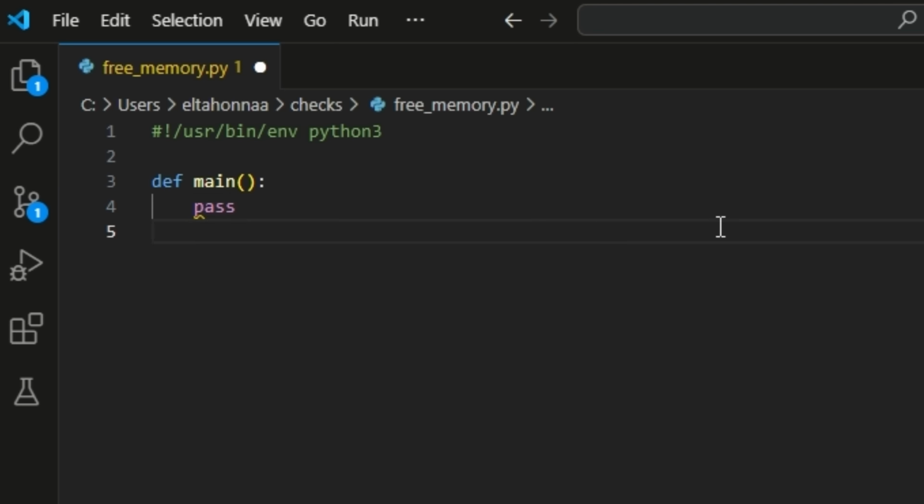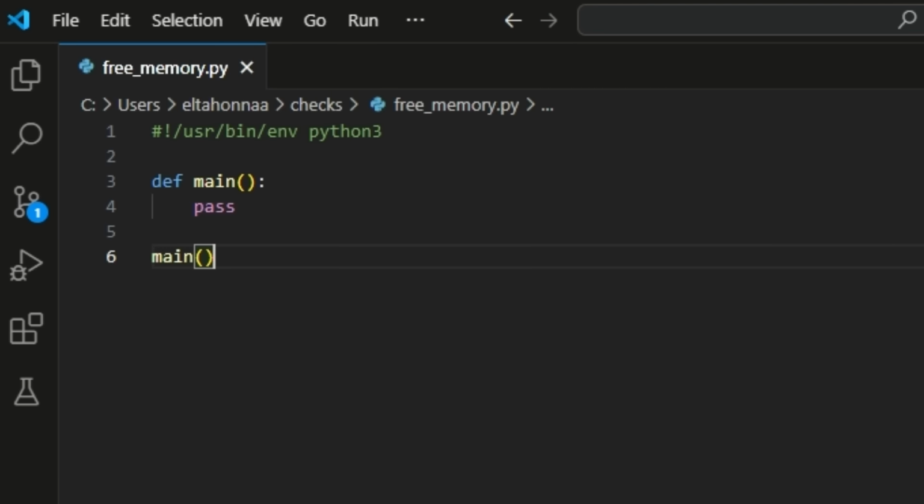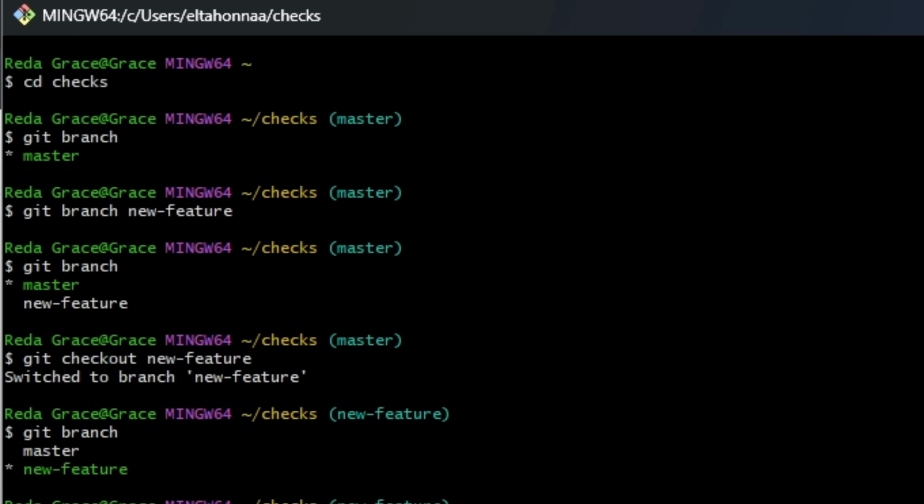Let's save our file and commit it to the current branch. Now, we've added a commit in this branch, and it's looking better.